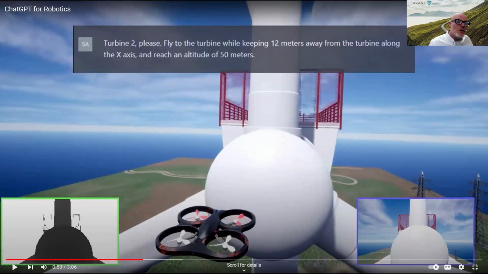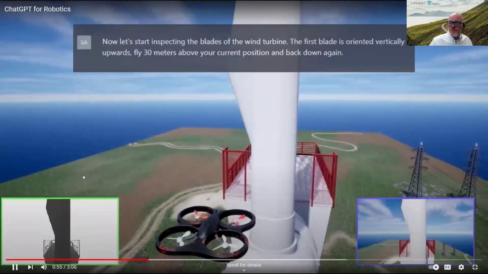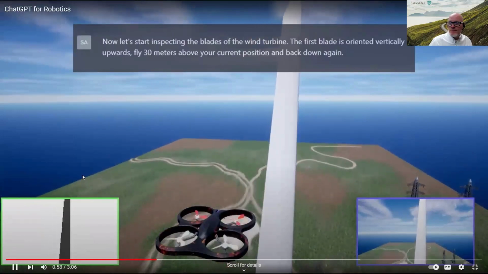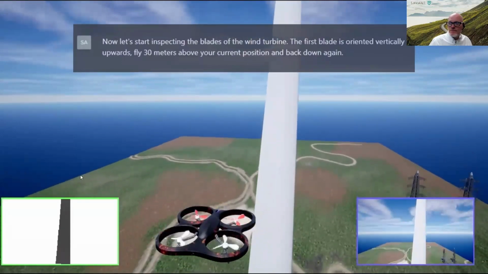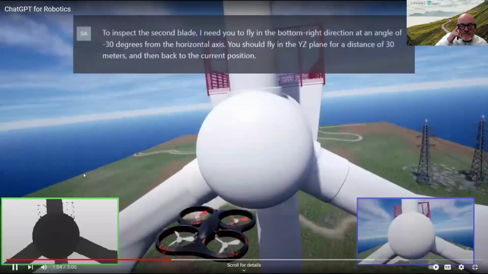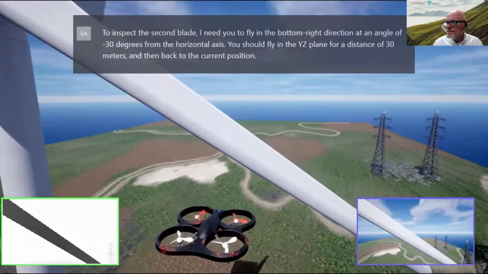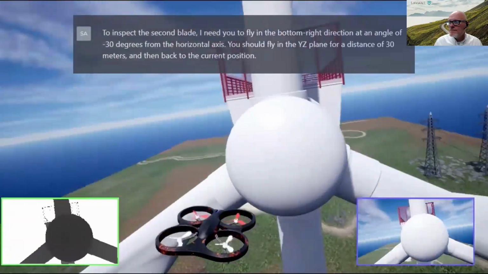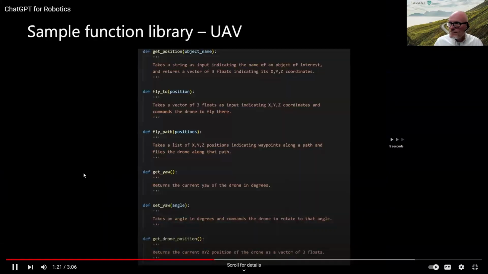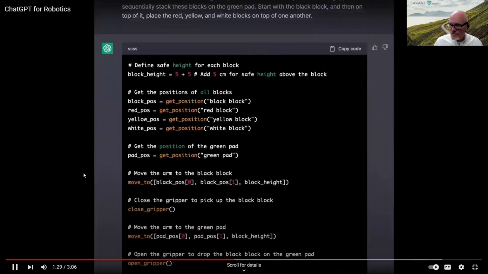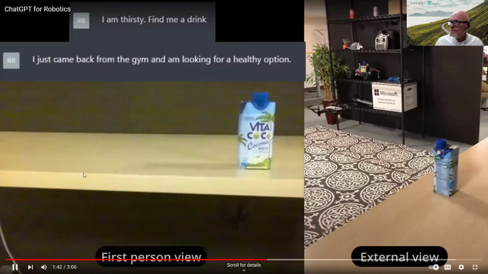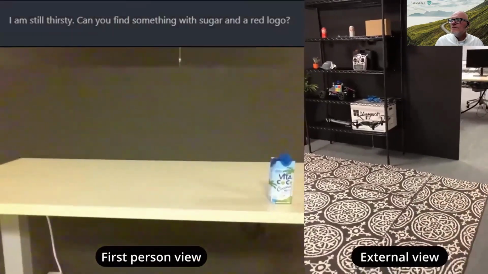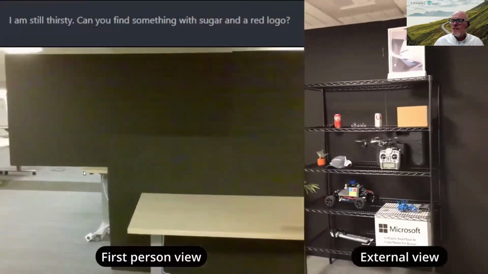So the idea is that we can talk to our drone, tell it what we want it to do, and it does it because it has an LLM that can do reasoning and do coding on the fly.